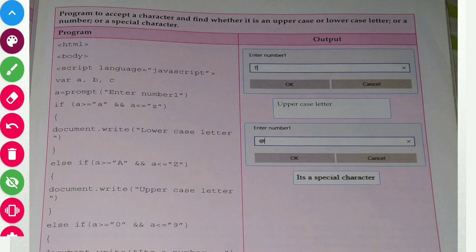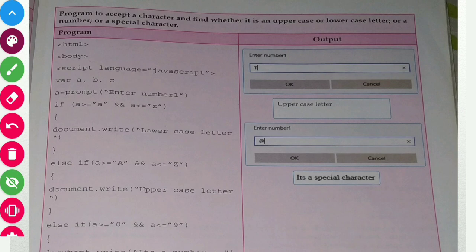Special characters are hash, ampersand, exclamation marks, question marks. So when a user enters any character, we will give our judgment according to whether it is a small letter, a capital letter, a number, or a special character. For this we need the if conditional statement, which is a multiple conditional. So we'll check it out here.